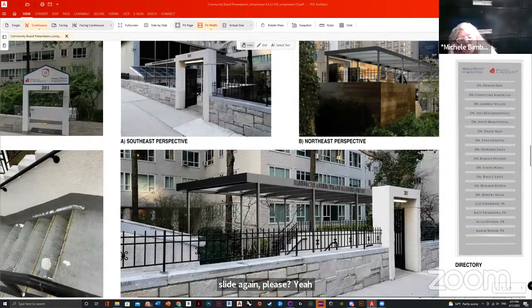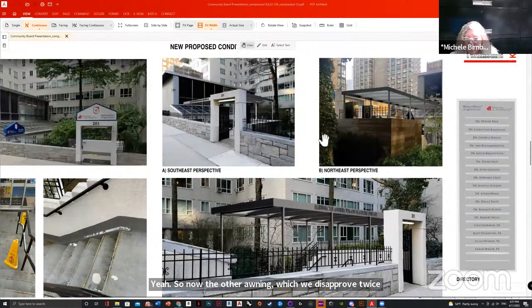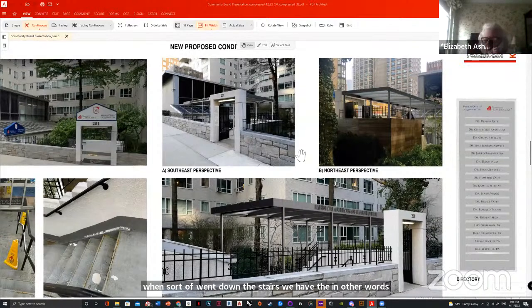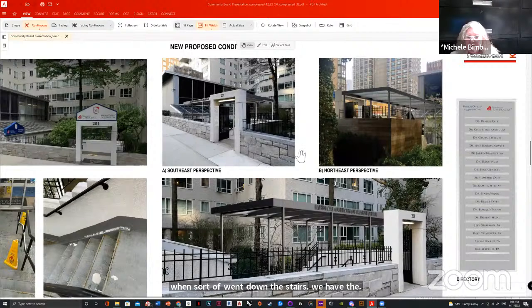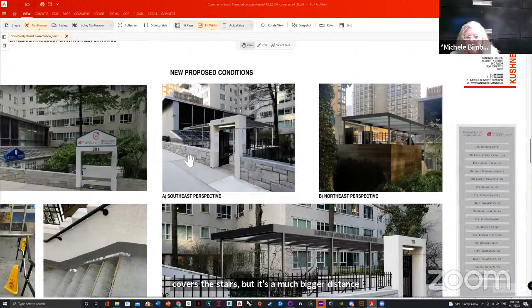Yeah. So now the other awning, which we disapproved twice, the blue one, if my recollection is correct. However, as I say, this is a big improvement, but I'm more concerned with how it's installed and the size of it and its measurements. So my recollection is that the blue awning went down the stairs. In other words, this awning is straight across, so it covers the stairs, but it's a much bigger distance between the bottom of this awning